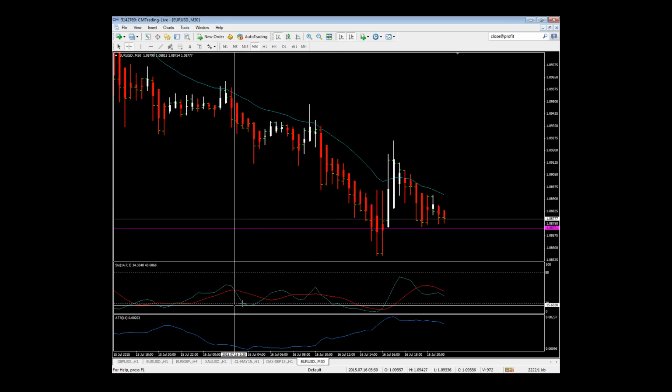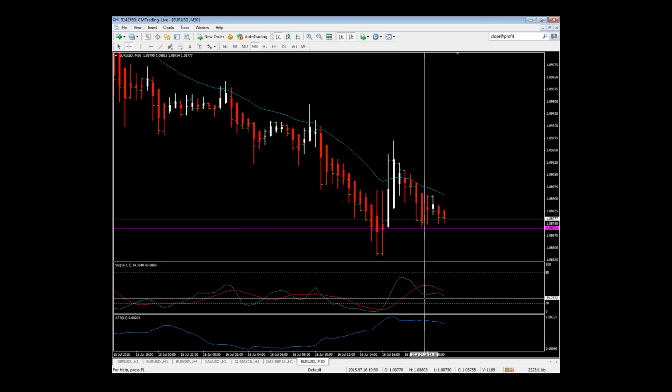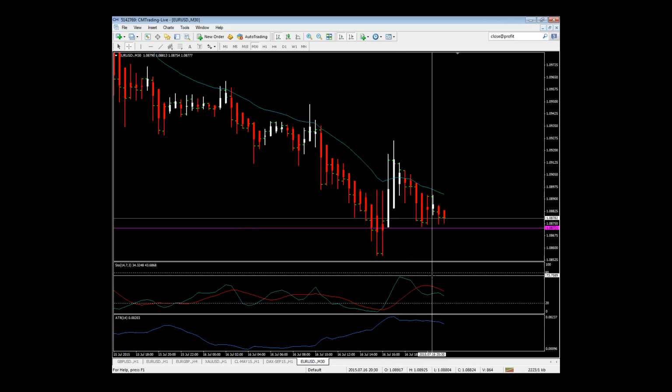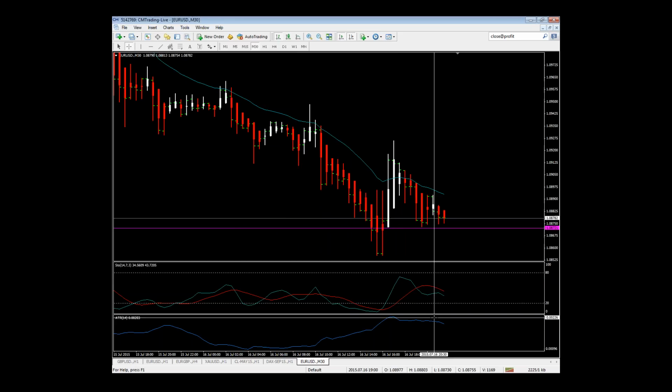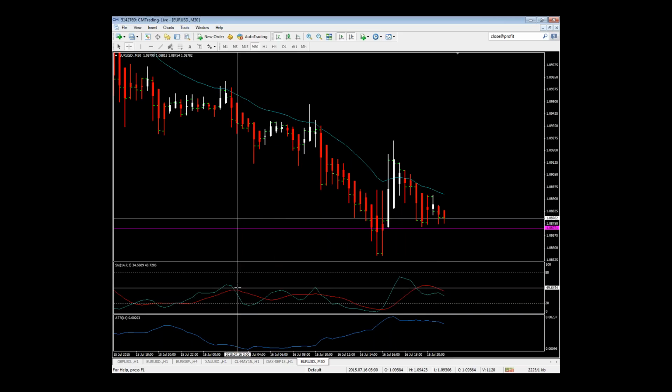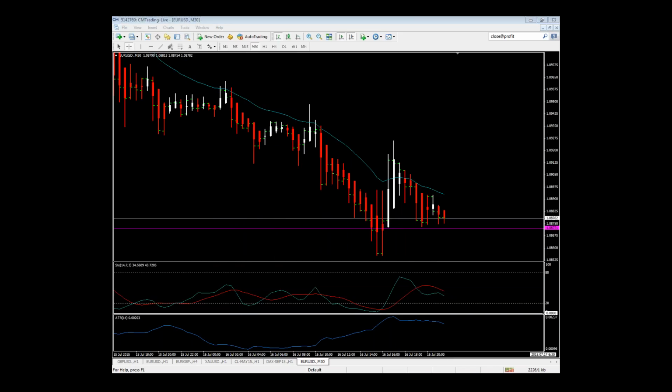The stochastic's a little bit messy. It's not moving up to 80, but we know the trend is down. We don't need the stochastic to tell us which way the market's going. Let's say we're looking for the blue line coming through the red, but it's nowhere near the 80. But if you look at the trend, this was a great entry. This point here,